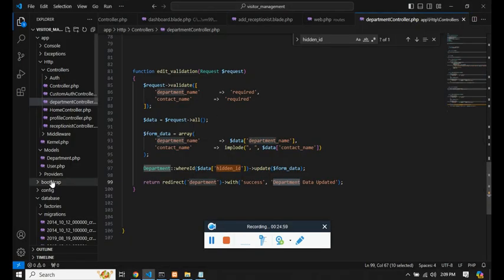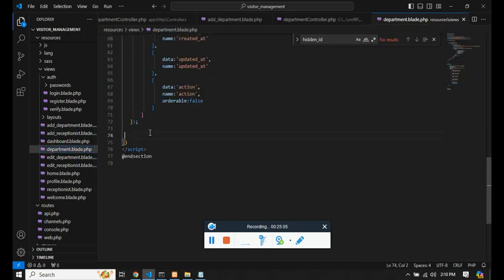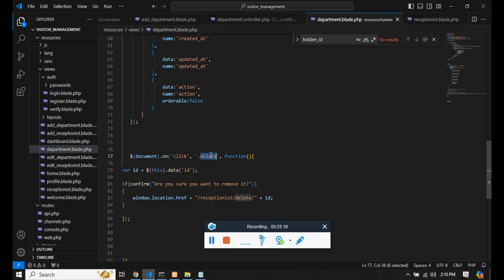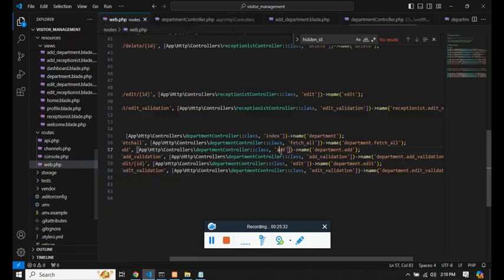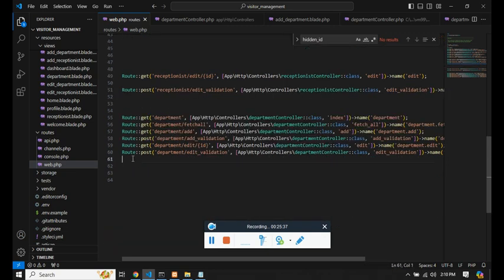If you click on delete, in the department we should have a function for delete. It's going to be similar to what we did for the receptionist. So over here you should find the receptionist and get the delete functionality and add it in the department. As I click on delete, I'll be getting the ID and it is saying, are you sure you want to delete? If it is yes, then this URL would be created. It's going to be department/delete, and in the web.php we should mention the delete route,